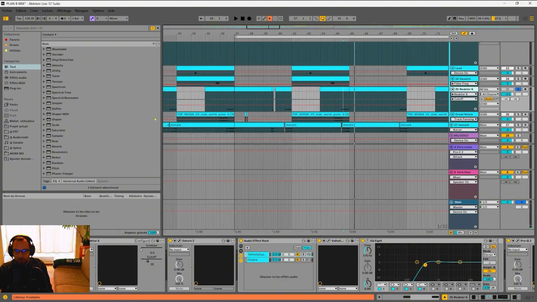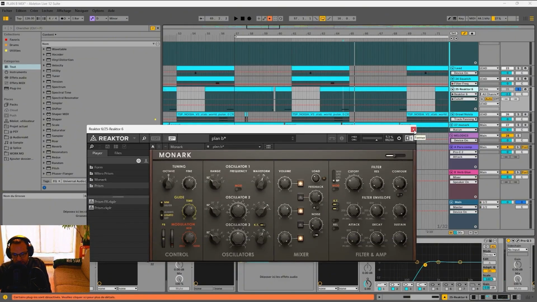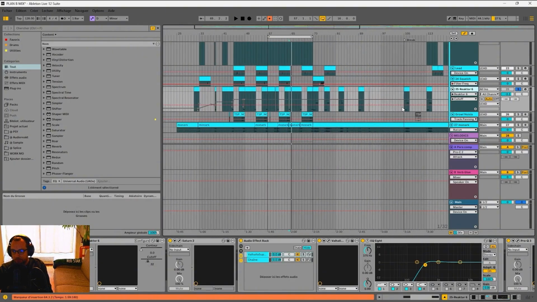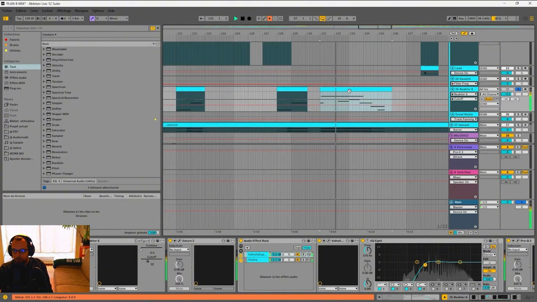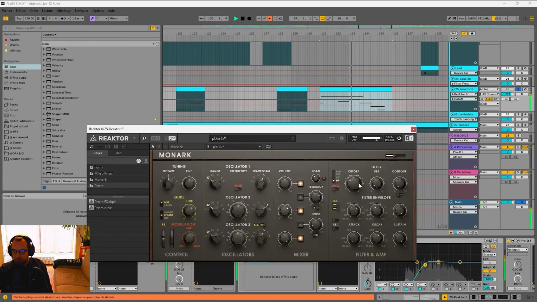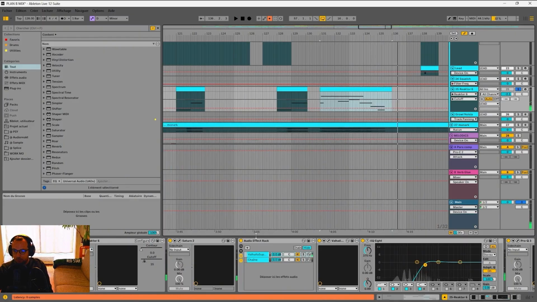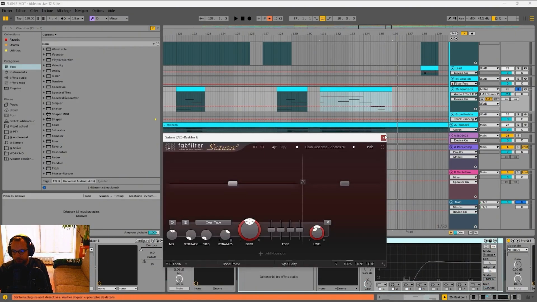In the break, I add a glide FX. So it sounds like that. Okay, a bit of reverb and saturation again.